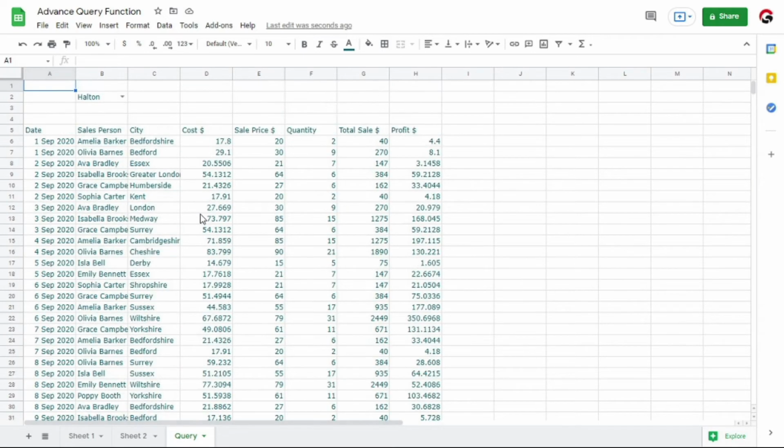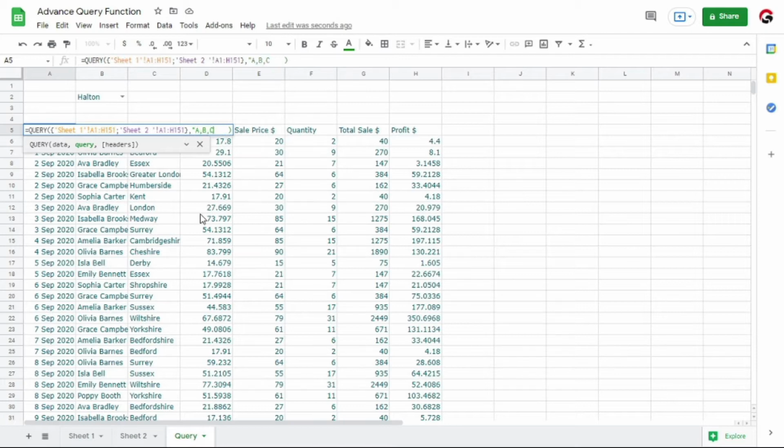Now I am moving towards the next part of this query, which is the query syntax. Here the important point comes: when you use a single range only in a Google Sheet query function, you use column names like A, B, C, etc. in your query syntax.